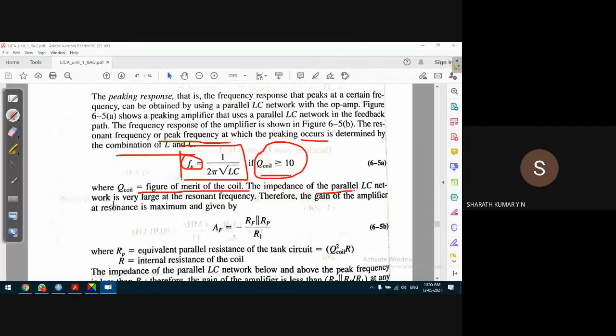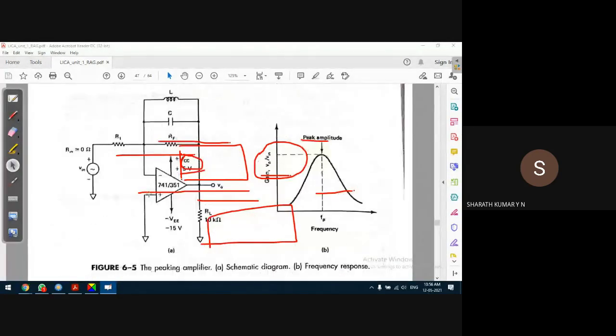The impedance of the parallel LC network is very large at the resonant frequency. Parallel network impedance will be very high at that particular frequency. Therefore, the gain of the amplifier at the resonant frequency is maximum and given as AF equals minus RF in parallel with RP, divided by R1. We'll find out how we arrive at this formula. If you observe this network,